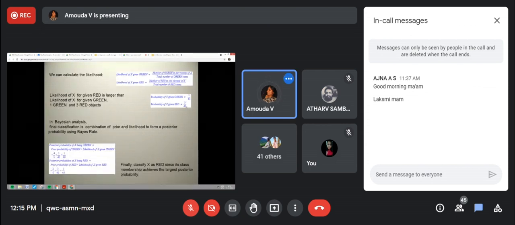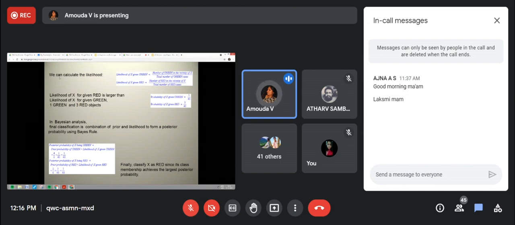Okay. Total number of green cases, total number of red cases. Here the likelihood of X given red is larger than the likelihood of X given green. Do you agree? Yes or no? 1 green and 3 red objects. But you calculate with this the posterior probability of X for green and red.